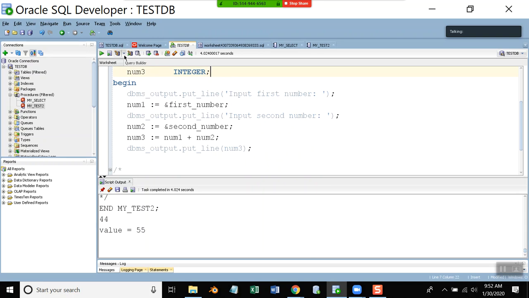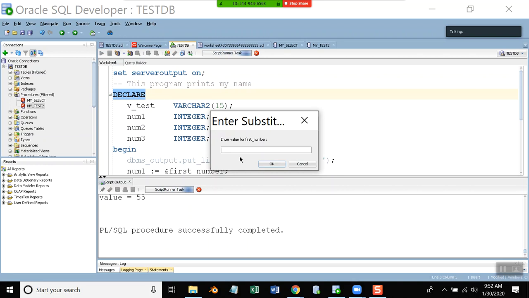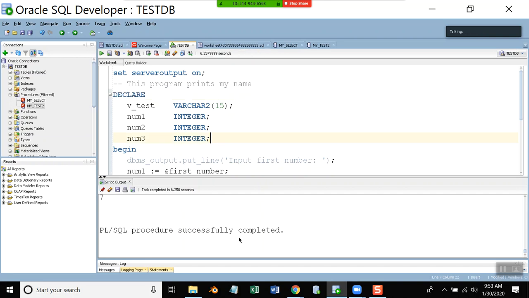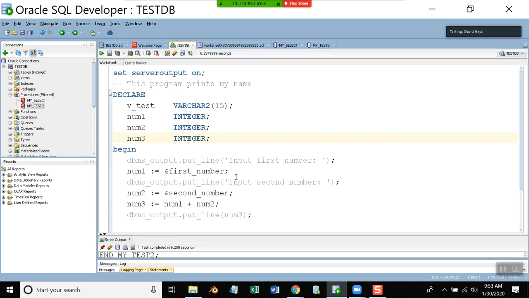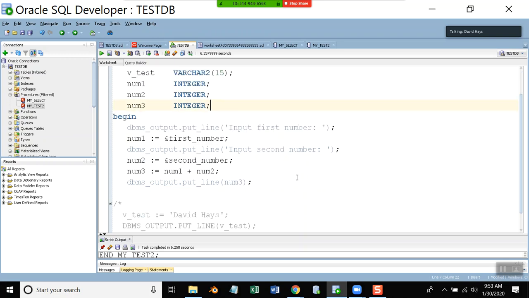Okay, so let's see if it does come in as a varchar or I can bring anything in. Input value for first number. So 3, 4, and it printed the value. So you can see, if you've worked with other programming languages, it works pretty much the same way. And that's what you find about anything new you're learning programming wise, is you just have to learn the syntax, you know. So anyway,